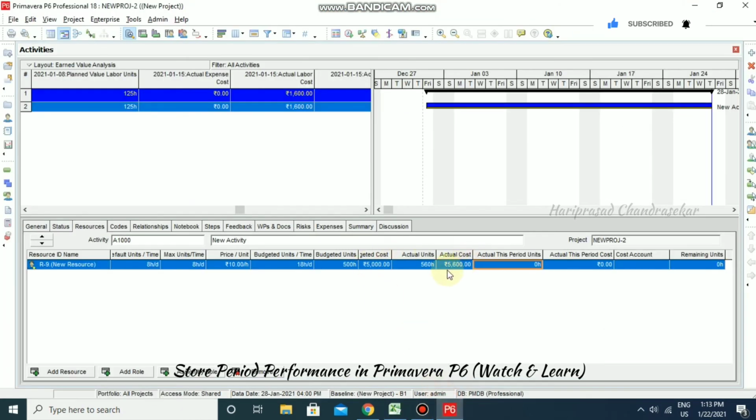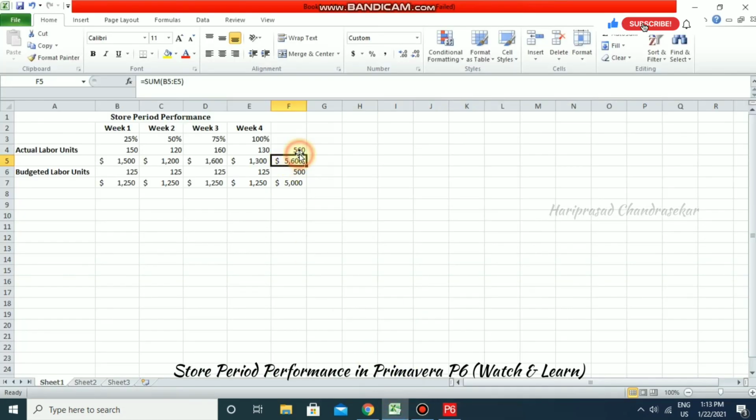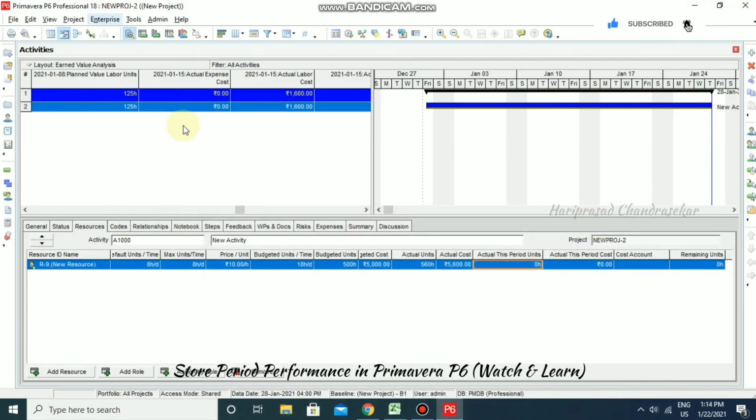So this is what we have here, 5000 and 5600, and also we have 500 and 560. Okay, and also we can see those as a separate value for each financial period.